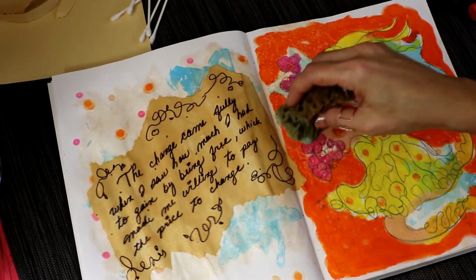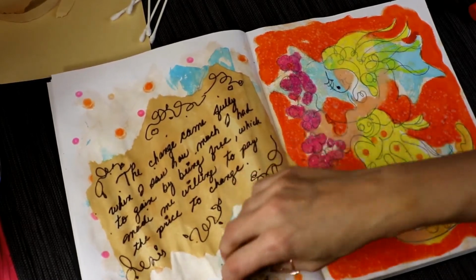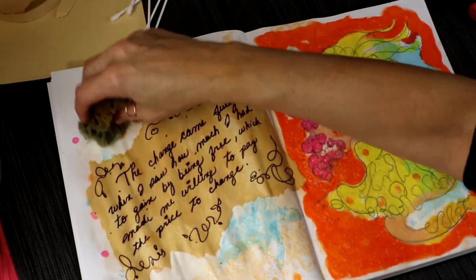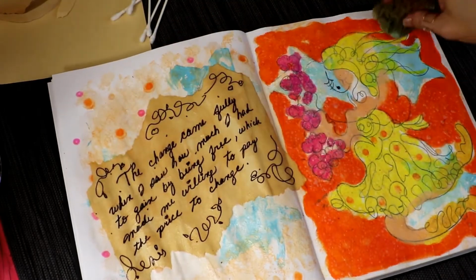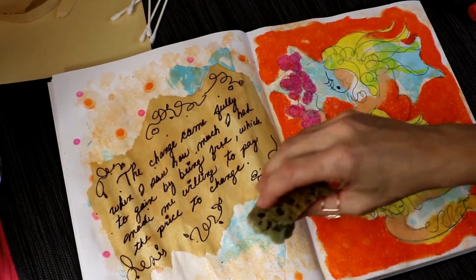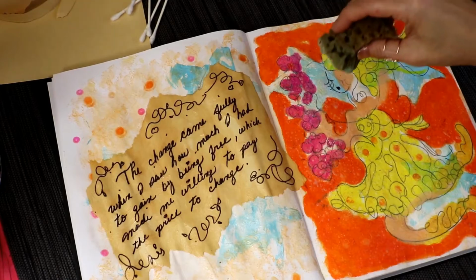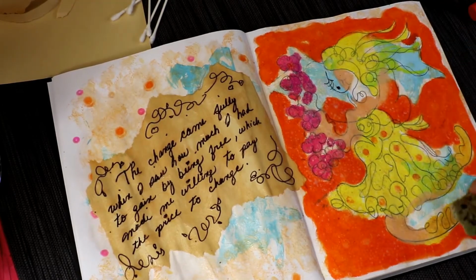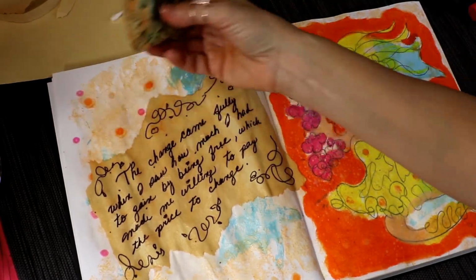Oh, wait, all right, I am adding this pouring medium. It's an acrylic. It's by Liquitex, and it's called pouring medium. So I just add it with a brush and put a little bit underneath the paper, and then with a sponge, I like to go around my page and pick up some of that pouring medium. And as I go over my pastel, I pick up a little bit of orange and add it to the left page, so it's giving me kind of